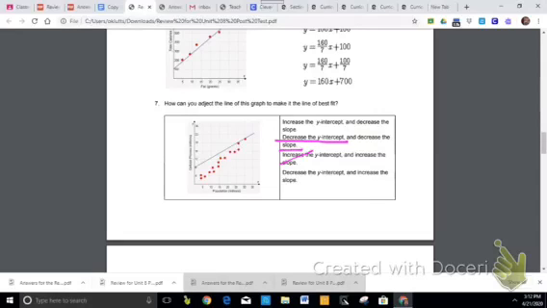So we can eliminate the first one and the third one, and now we have to figure out what we have to do with our slope. Okay, we figured out that we have to decrease the y-intercept because it would almost be 0 in a correct line of best fit, but we also have to